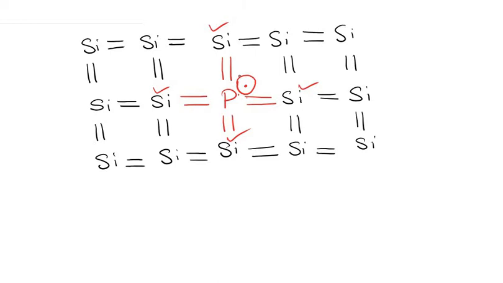Okay, that is the fifth electron of phosphorus. I again repeat that phosphorus has 5 electrons in its valence shell, and out of those 5 electrons, 4 participate in bond formation with the nearest 4 silicon atoms. The fifth electron cannot participate in any bond formation, and therefore it is more like a free electron. It doesn't belong to any particular silicon atom, or remain bonded to any particular atom, but it is basically dispersed throughout the crystal, and this has a higher energy, and this mainly resides in the